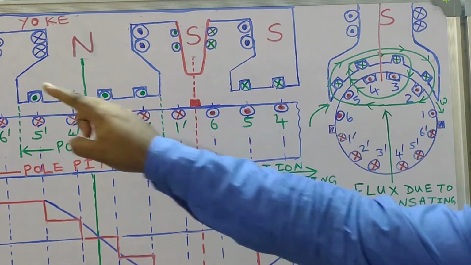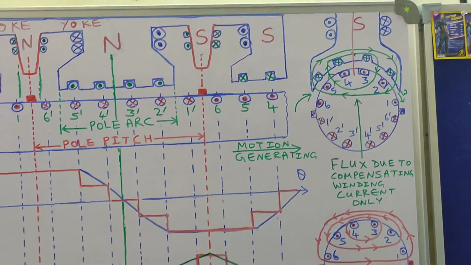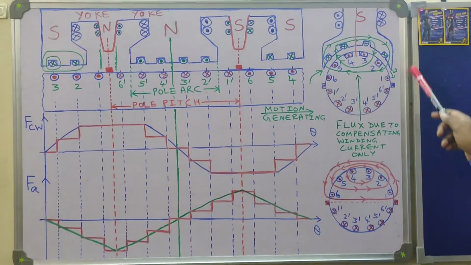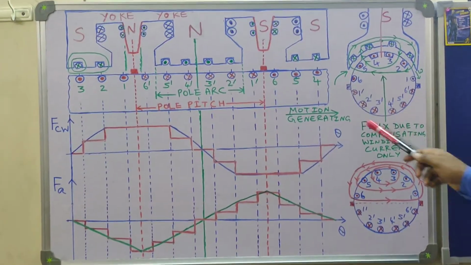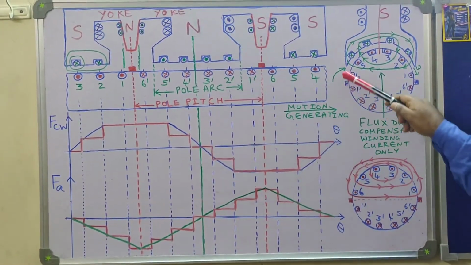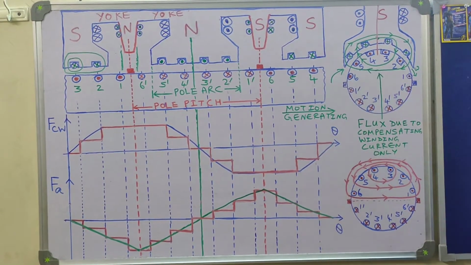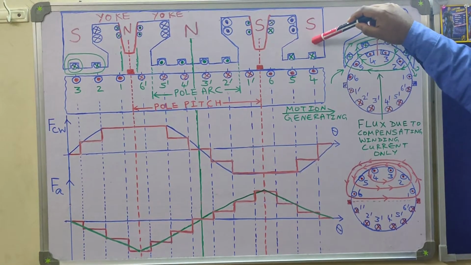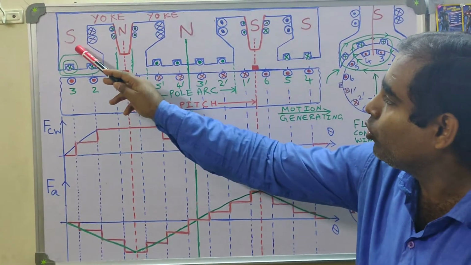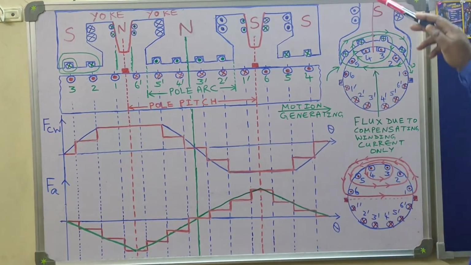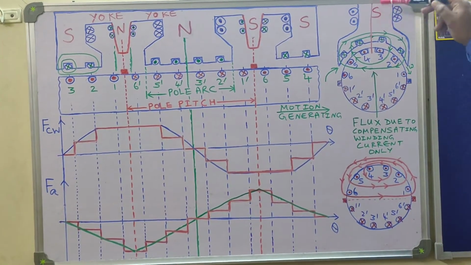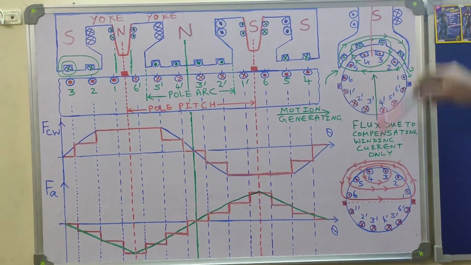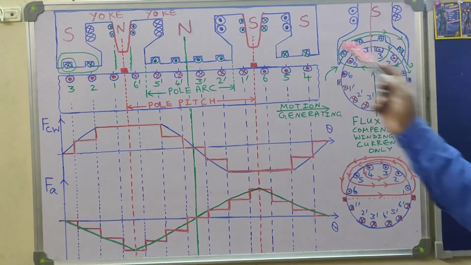So you see, the developed view is starting from the pole center. It is starting from the center of the south pole. Then after the south pole, what will come? North pole, which is not indicated here. Then again half portion of the south pole comes here, that is, half of the pole face of the south pole. So we are taking the developed view starting from the pole center, passing through the center line of the pole, or the polar axis.